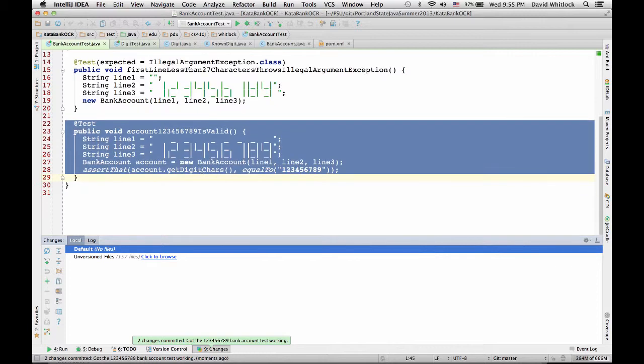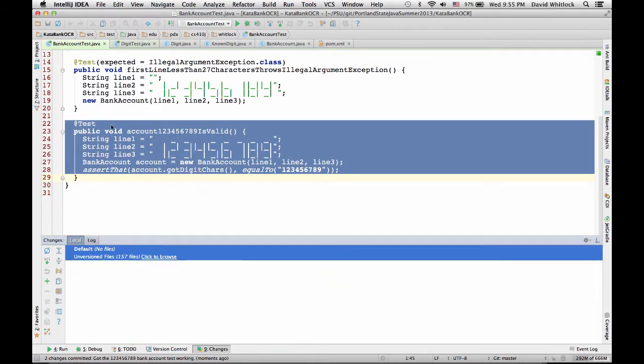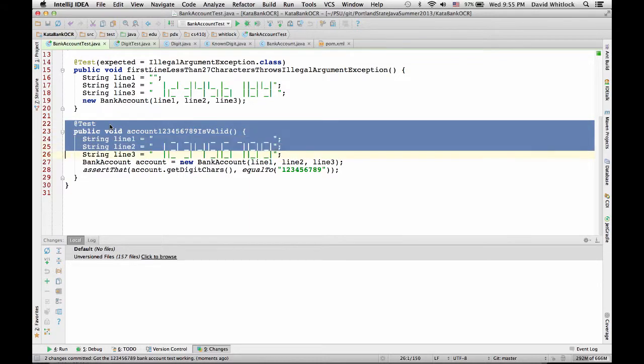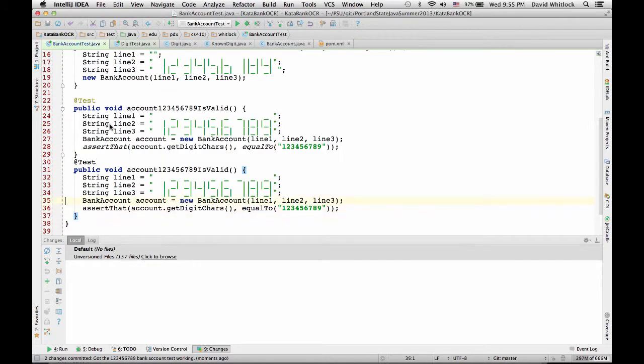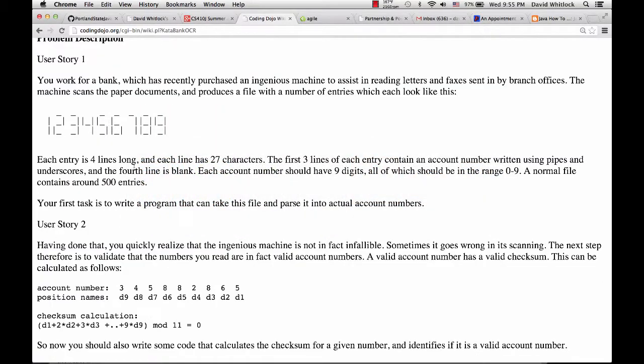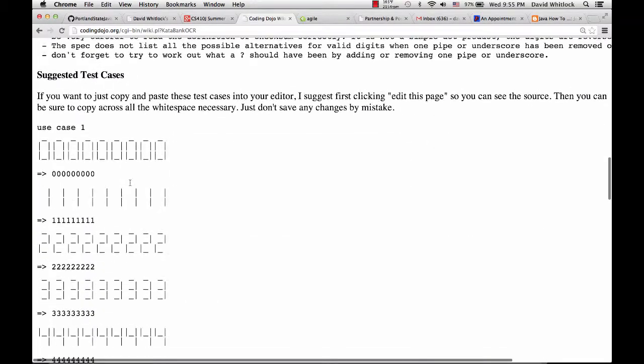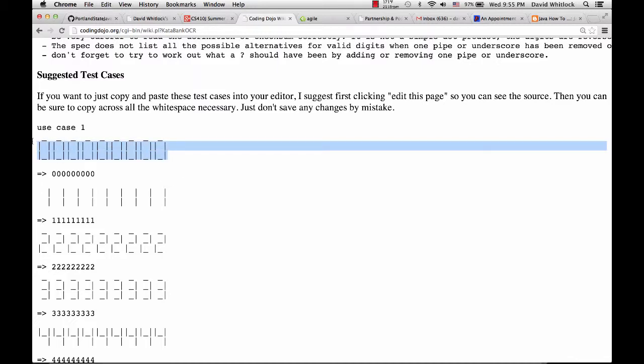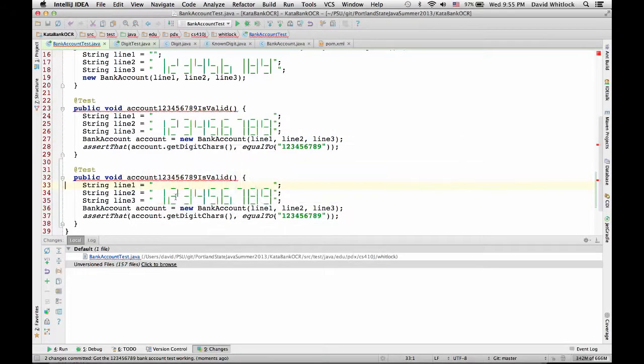Okay, wow. Well, I'm so impressed with myself. Okay, let's duplicate this test. I just want to run another test just to make sure, because I don't really trust myself yet. Let's go back. Let's just do all ones or something like that. We've got this whole bunch of test cases down here. Well, I'll just do all zeros. And if this works, I think I'll be